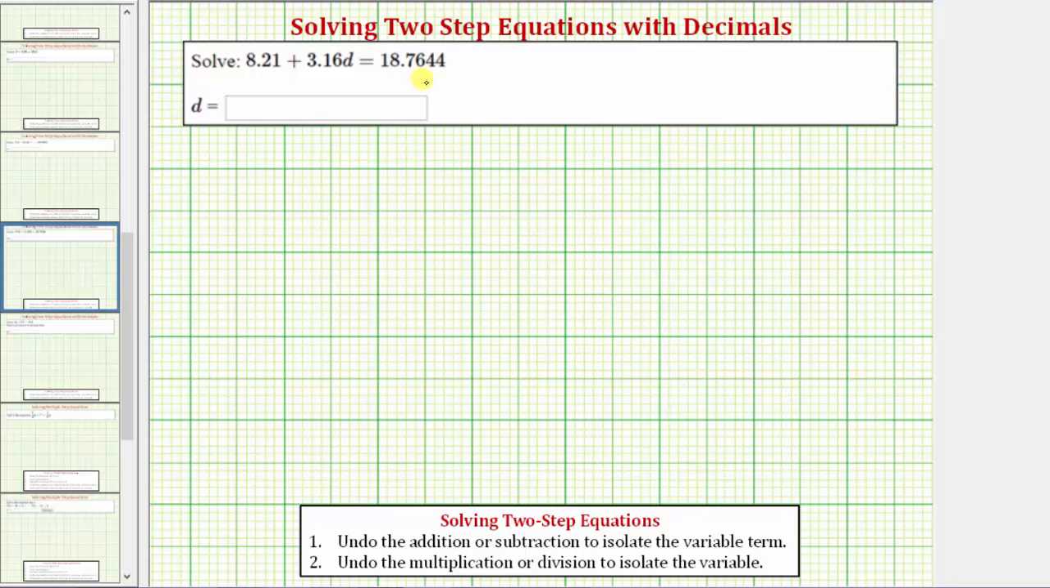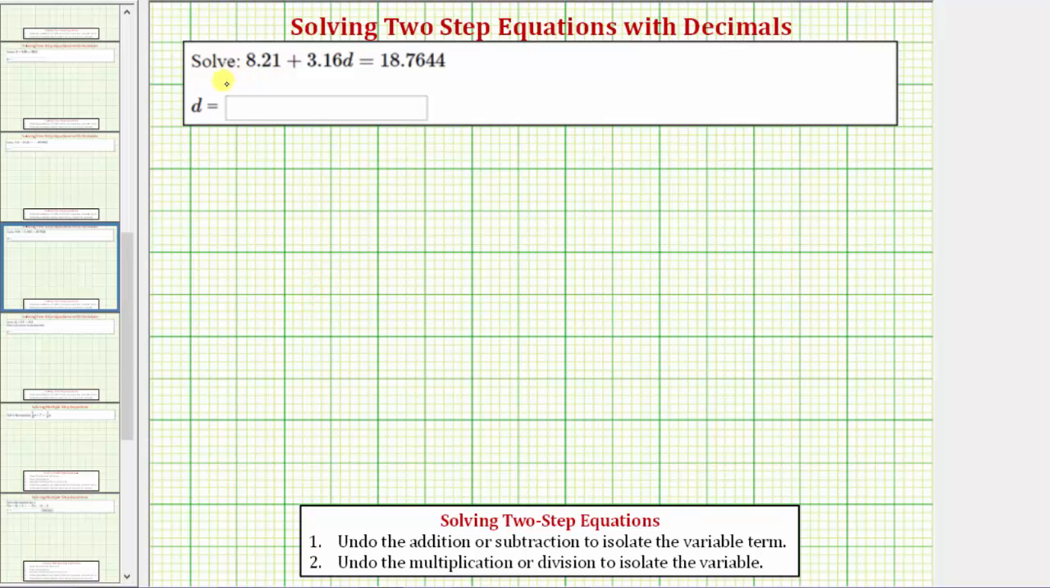We want to solve the given equation, and because 3.16d means 3.16 times d, the solution is a value of d that makes 8.21 plus 3.16 times d equal to 18.7644. When solving an equation that contains decimals, we have the option of leaving the decimals in the equation and